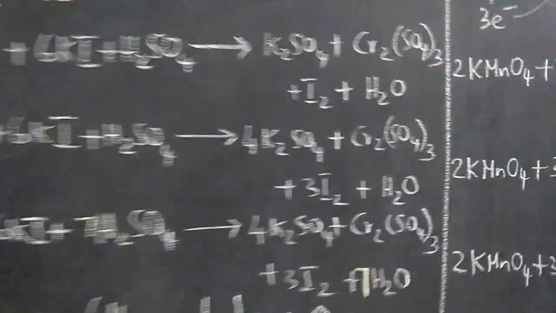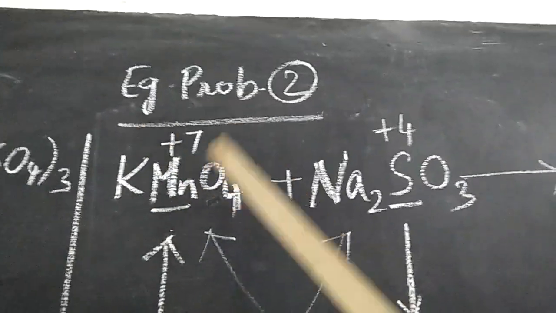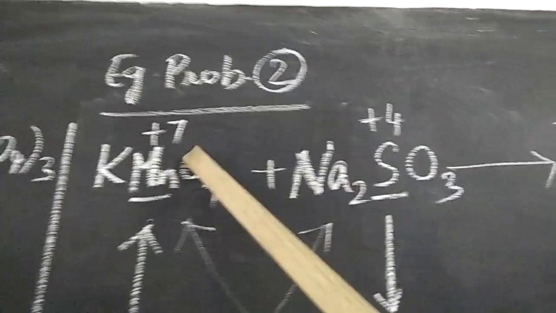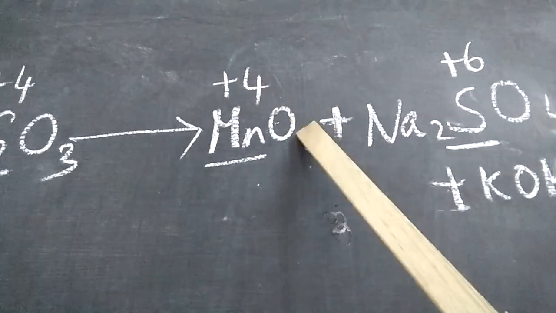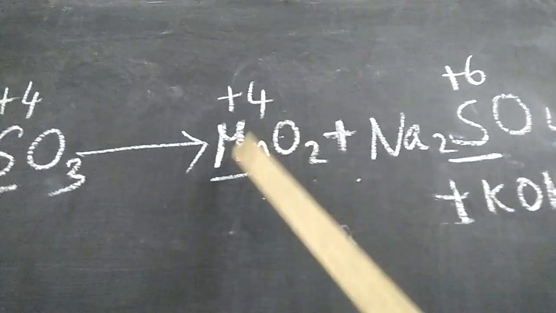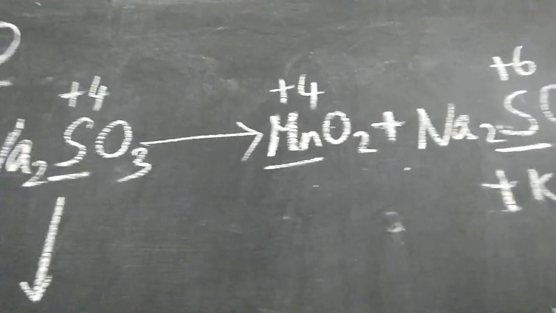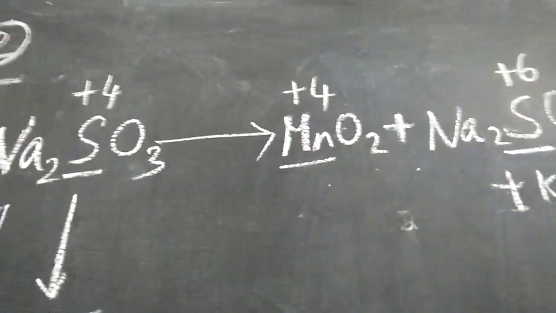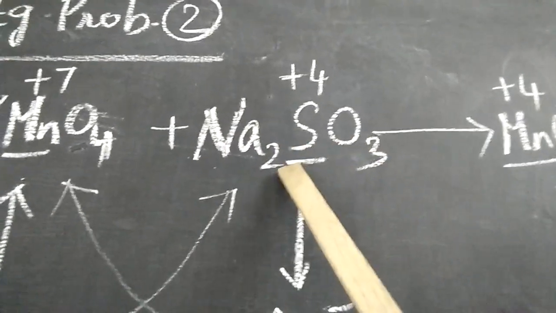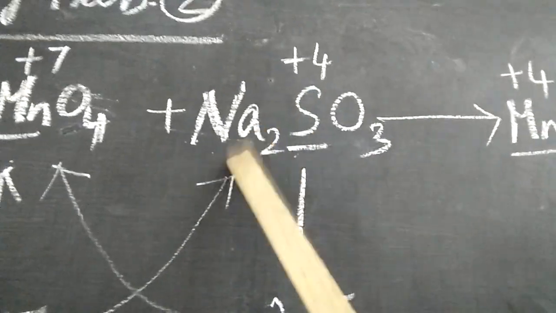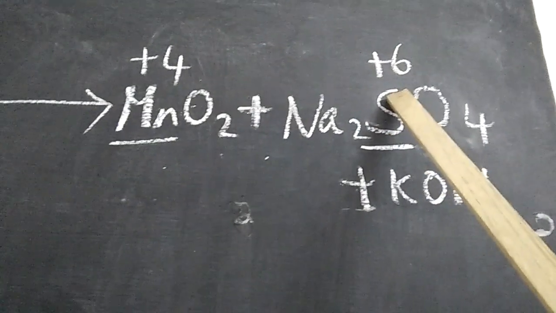This is one example. Another example I will quickly explain, and I think you will be able to understand. Potassium permanganate, manganese oxidation state is +7. The product manganese dioxide, the oxidation state is +4. 2 into -2 is -4, and manganese will naturally have +4 oxidation state. Altogether the oxidation state total is 0. Sodium sulfite, Na2SO3, will have sulfur oxidation state +4, because that compound is alone changing on the product side, Na2SO4. So yes, it will have +6 oxidation state.